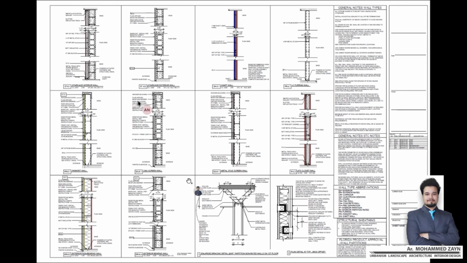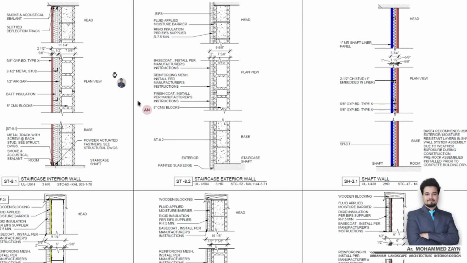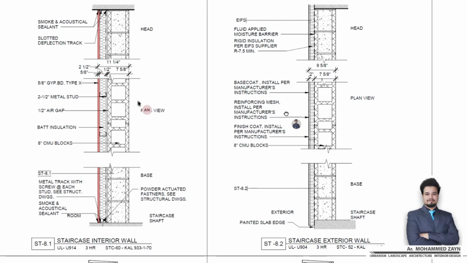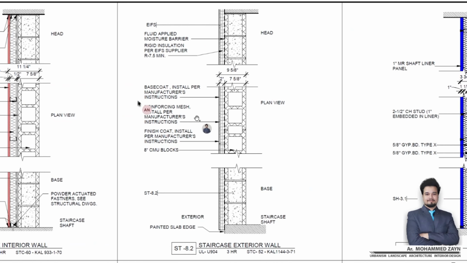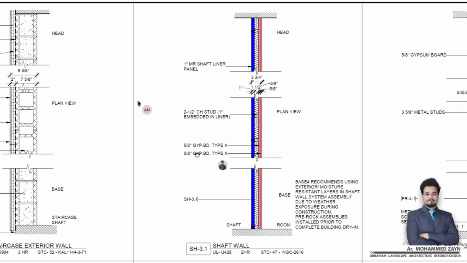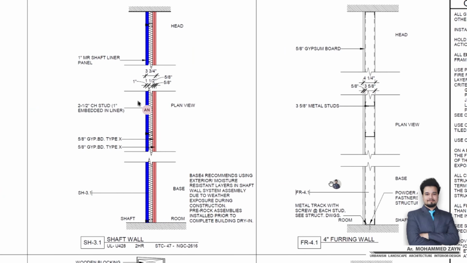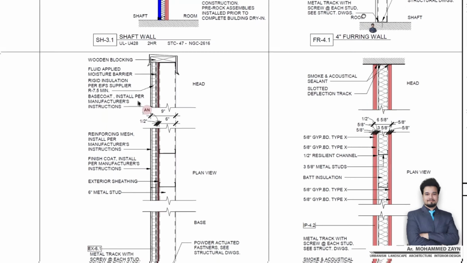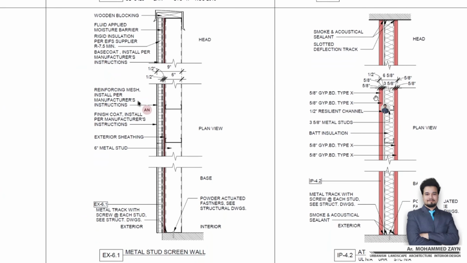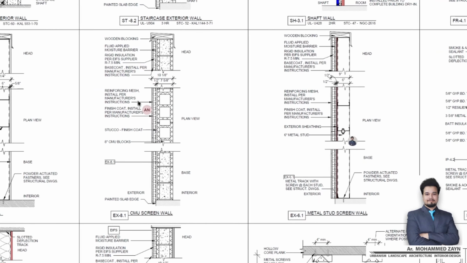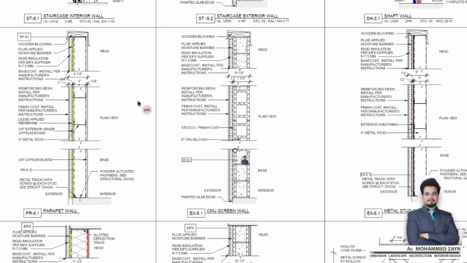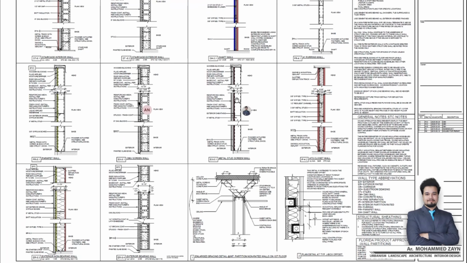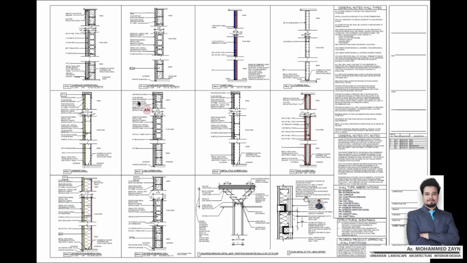So these are the actual walls that you are going to use in your project. These are all the types of wall that are being used in this project. You can see all the layers that are coming in each and every wall. Each and every layer is changing as the wall changes. This is the level of detailing that goes into a project when you're designing everything